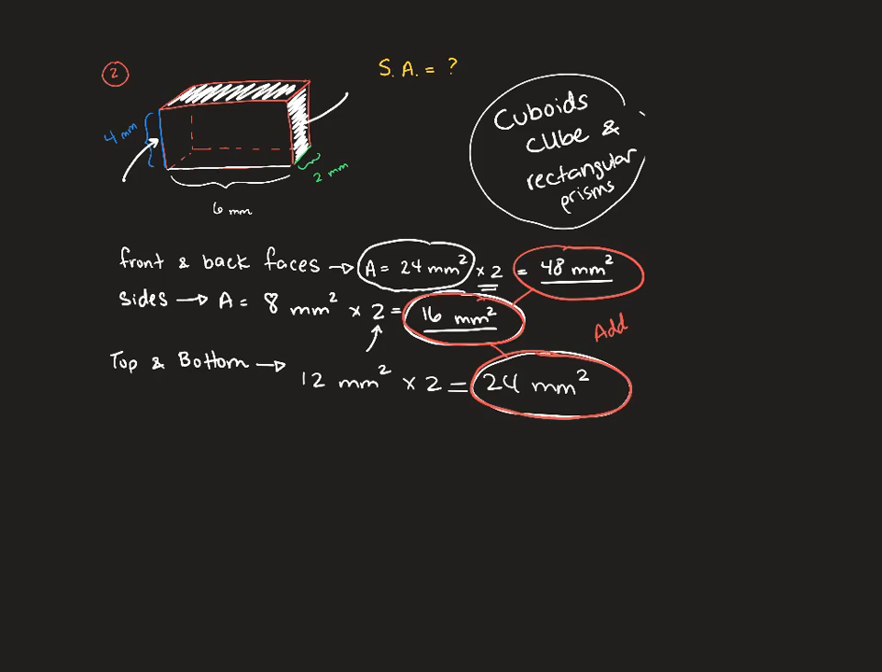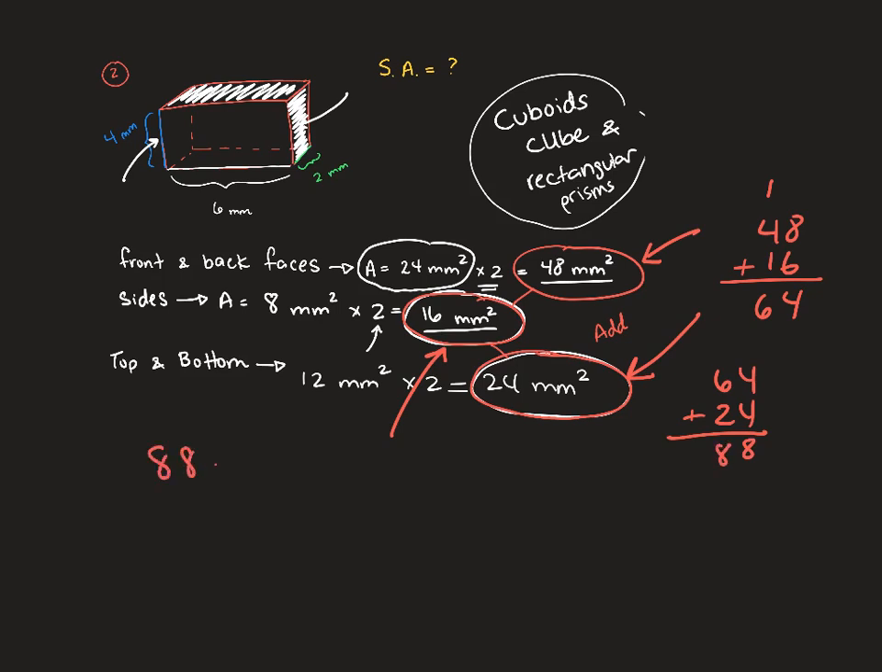Yeah, cool comment. So you guys, you have here the total area of the front and the back. You have here the total area of the two sides, and here you have the total area of the top and the bottom. Just add those numbers together. It's going to be 48 plus 16, 8 and 6 is 14, then carry the 1, 5, 6. And then to 64, I'm going to add 24. I'm just adding them all together. 8 and 8. So I have 88 square millimeters